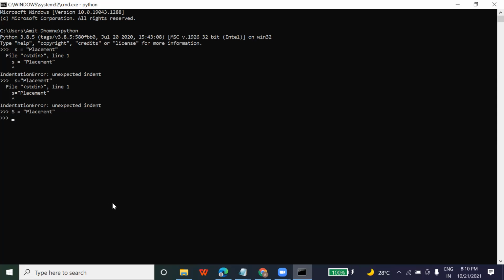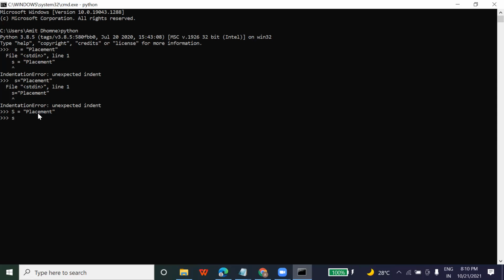Now you see, I was using a small s, and always prefer a capital letter as the variable name if you are taking a string value. Note this down somewhere. Whenever you run in a command prompt, always take the variable name as a capital when you are accepting a string value.